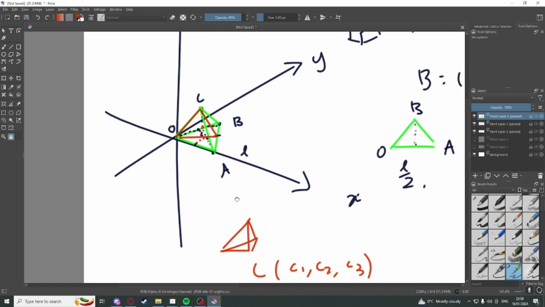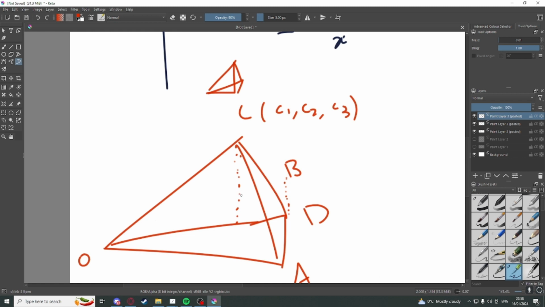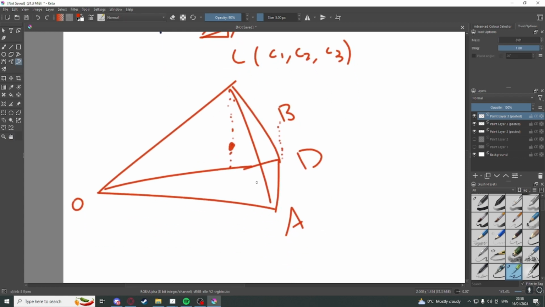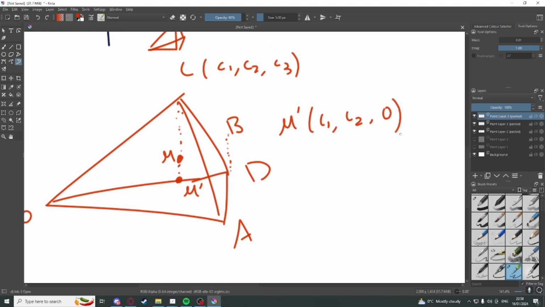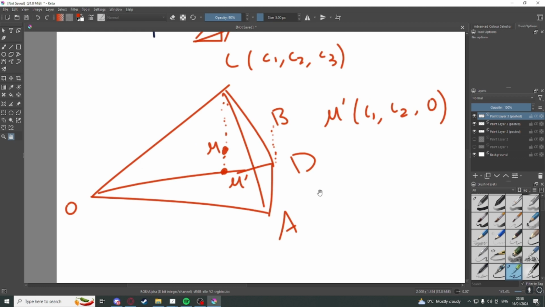So remember I cut the tetrahedron directly through the middle, and here's M. If I projected M onto the base, I'd get this point here. I'll just call it M dash. And notice how M dash would have the same X and Y coordinate as the point C, but it would have the Z value of 0. So if I can find what M dash is, then I could also find C1 and C2, and given that this length here is L, I could also find